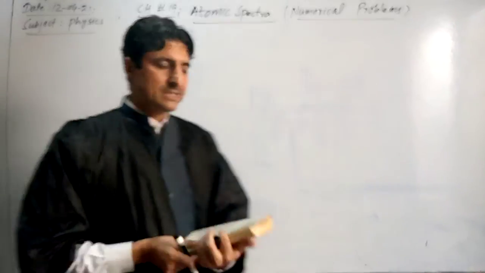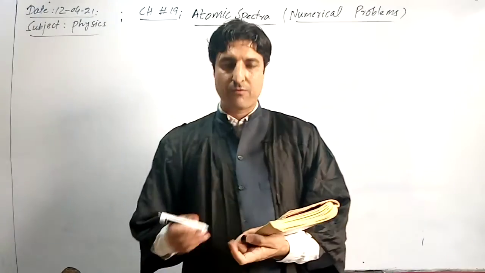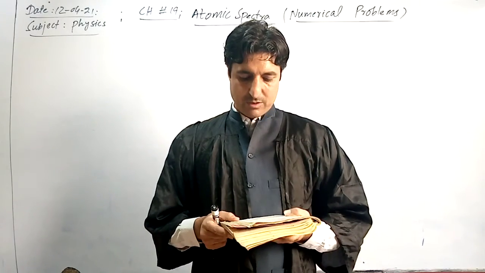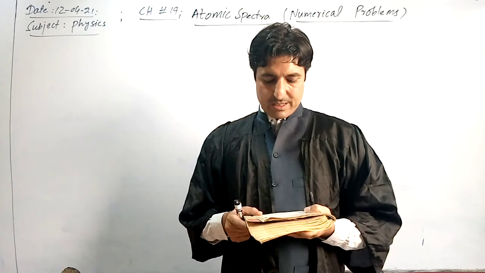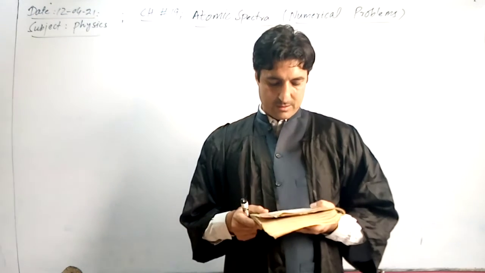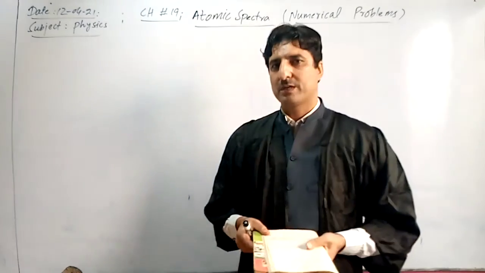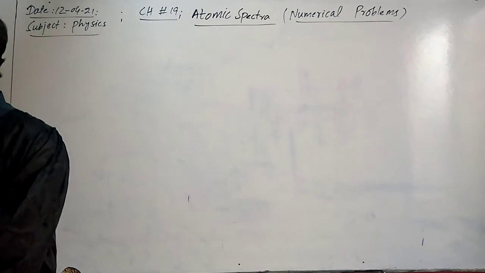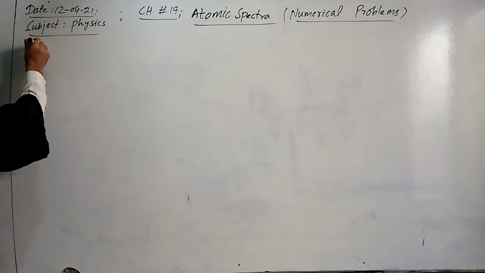In question number 8, it is stated: determine the energy associated with the innermost orbit of hydrogen atom. Second, determine the energy associated with the second orbit of hydrogen atom. And third, what energy does an incoming photon have to possess to raise an electron from the first to the second allowed orbit of hydrogen atom? So we have to calculate these three energies. First of all, let's collect the data from the given statement. Given data for question number 8.